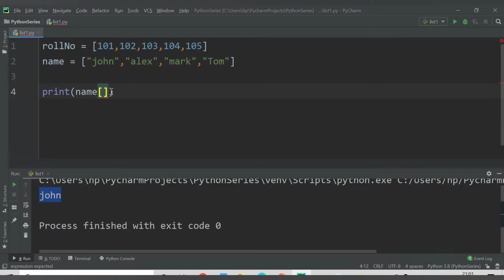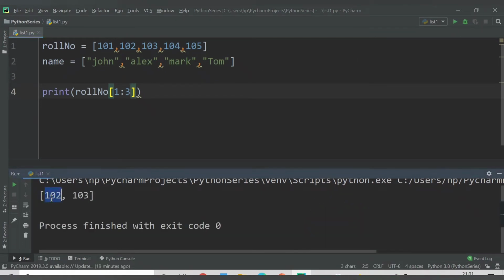Also you can get a subset from a particular list. Let's say in the first list, roll number, I want to get the data from 102 till 104. 102 is stored at the first position because this is the 0th position. So this is 0, this is the first position. I need to provide here the first position. This is the starting point, and the ending should be here, where it should end at 104. So this is the 0th position, this is first, this is second, and this is third. So I need to print here 3. Let's see what it prints.